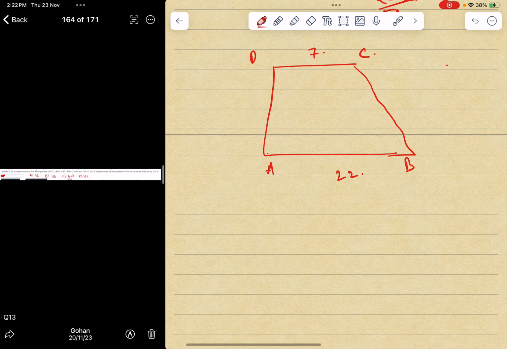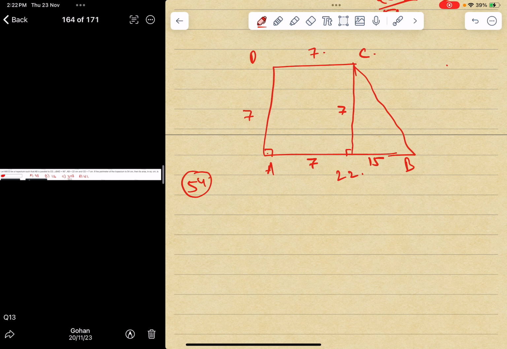This is 22. So we can easily draw a 90 degree perpendicular over here. So this complete will be 7, so this will be 15. Now what we can do is work upon a triplet to check whether it is satisfying or not. If we take 7 over here, can we get a triplet 15 and 7? Because we know that this was a theta question. So perimeter is 54 given to us. This is 7, this is 7.